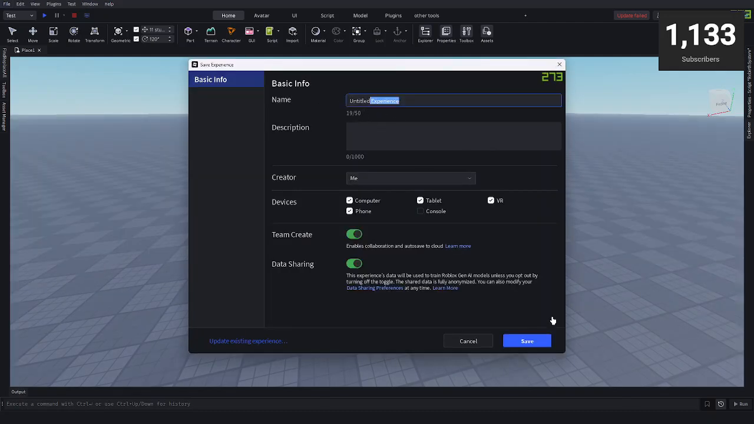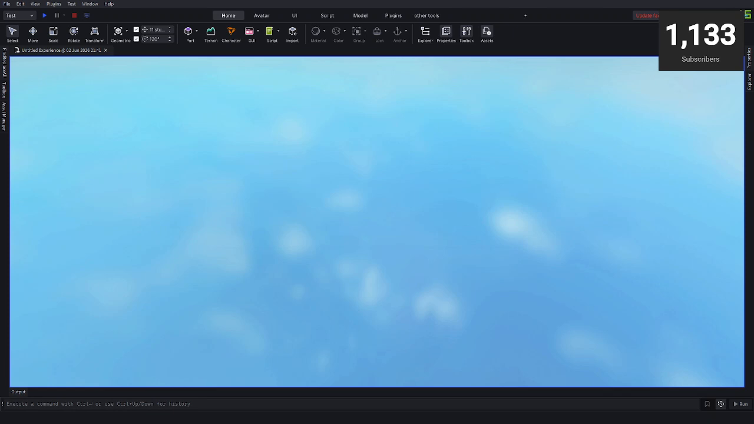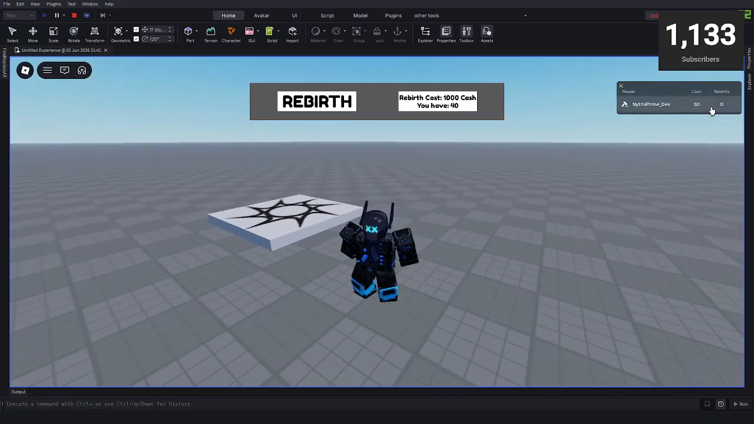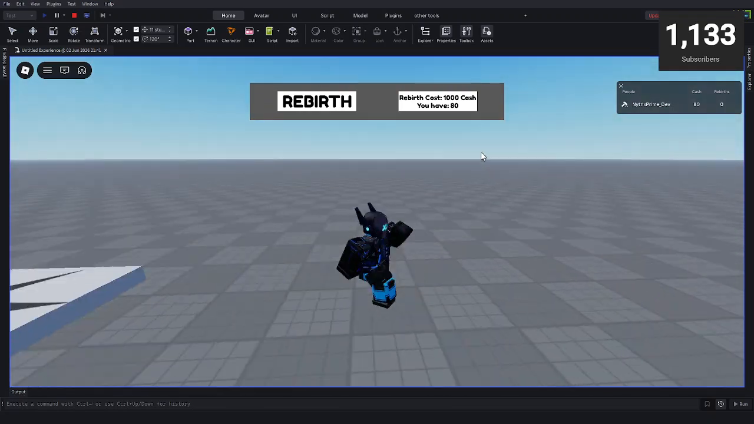You can add the name of the game. Okay, so once your game is saved, go play, and now you should see it. Right there, you can see the leaderboard now. Every time a player plays the game, they earn cash, and this is the system I have right here